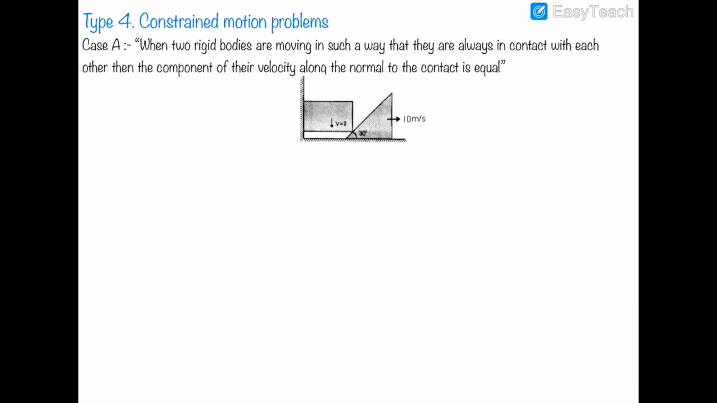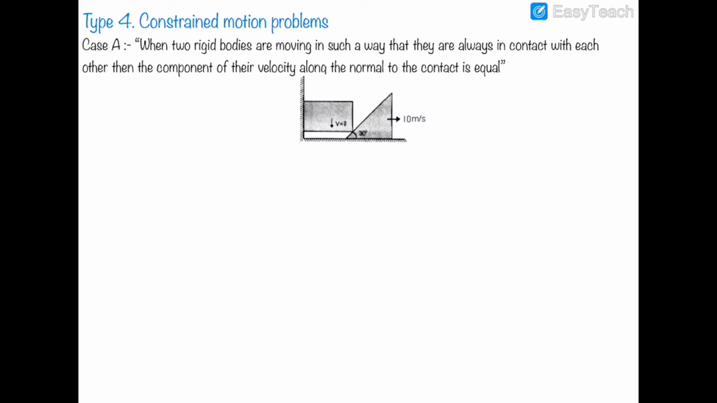Hello guys, this is type 4 problem, and in this kind of problem you will see two objects, two rigid bodies which are attached to each other, and they are moving on the wall and floor, and they are always in contact with each other. So these kinds of problems have a special method with which they can be solved, and I'll be discussing that